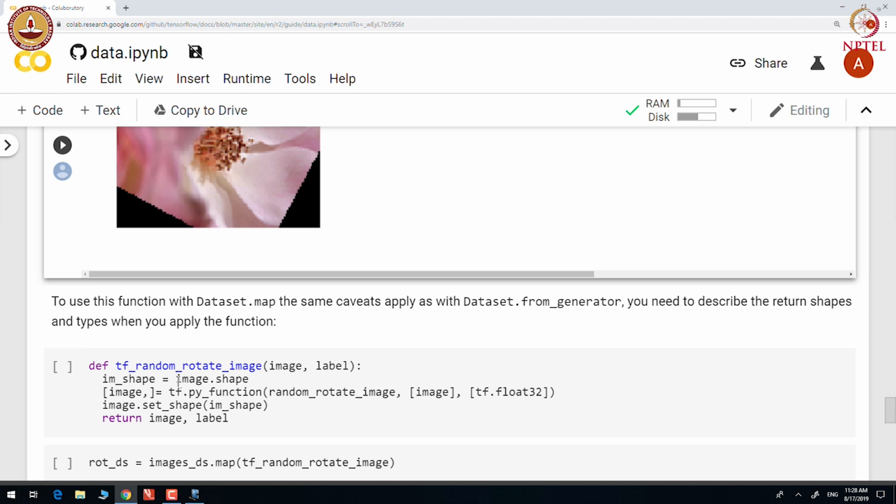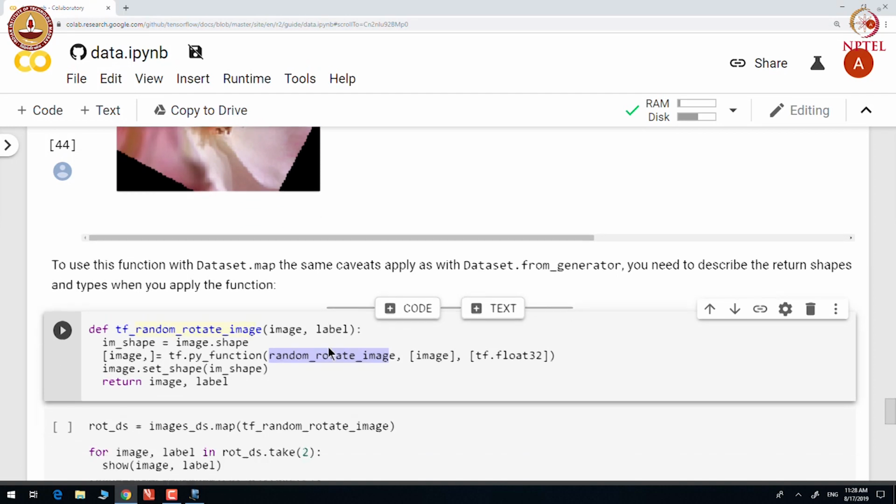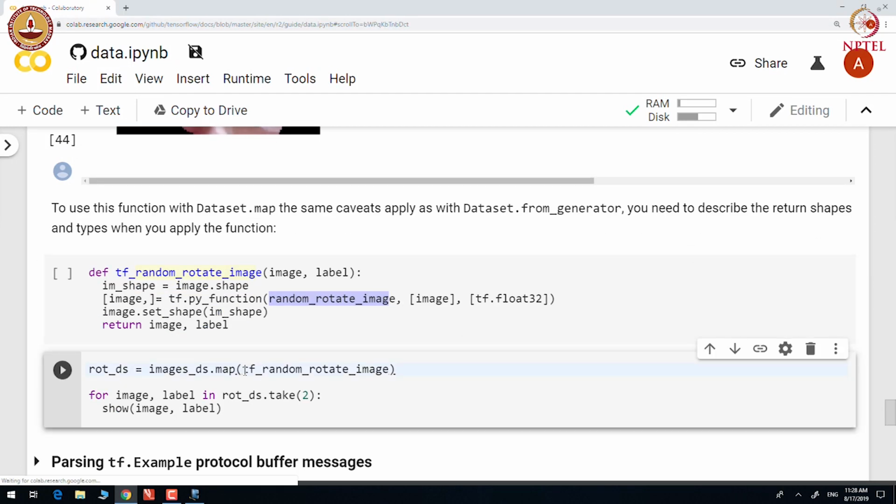You can see that we use tf.py_function to wrap the random_rotate_image function, and we call this particular tf_random_rotate_image function, that in turn wraps the rotation function through py_function.